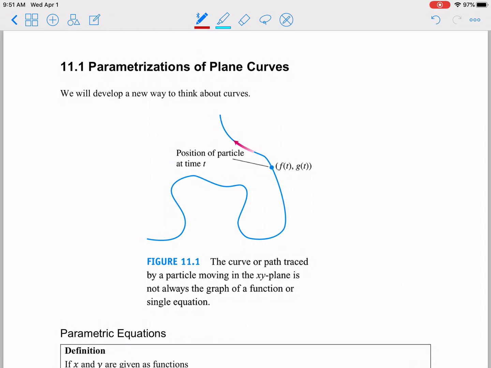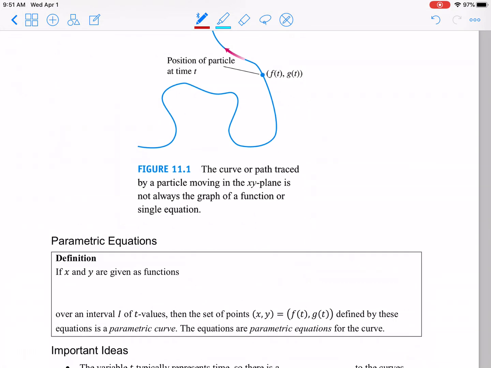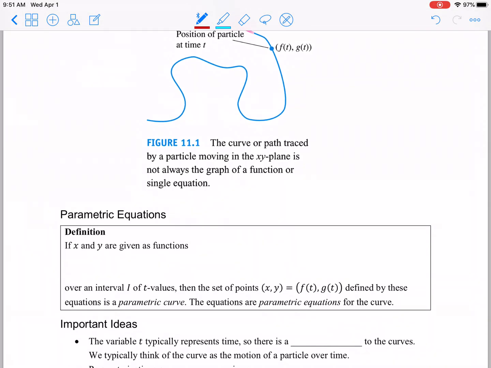We're going to develop a way to think about curves that's a little different. Again, if you watched my little introduction video, maybe you have a better idea here, but we're going to basically trace out a path, but we're going to keep the x and y basically independent of each other so that they don't have much of an effect on each other. Instead, they are both just functions of another variable we're going to call t. And typically it's t because usually this is done for time, where t is time and it tells you how much it moves horizontally versus how much it moves